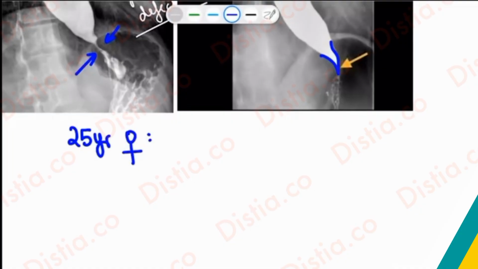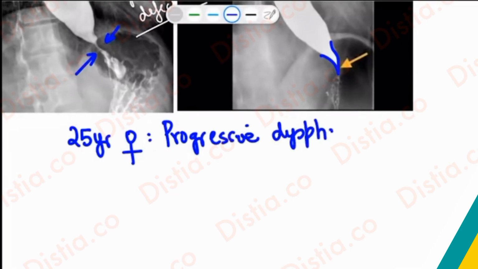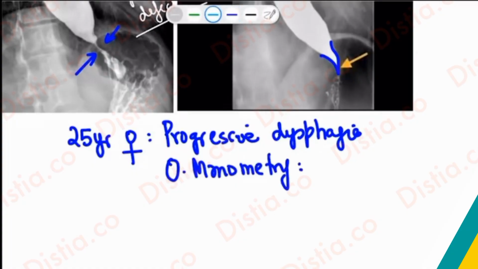The question began in the exam by describing a 25-year-old female. He also described that this lady is having progressive dysphagia. The standard features that I've told even for achalasia cardia were given in the question. However, subsequently, he modulated the question by saying that esophageal manometry when performed revealed that the tone of the sphincter